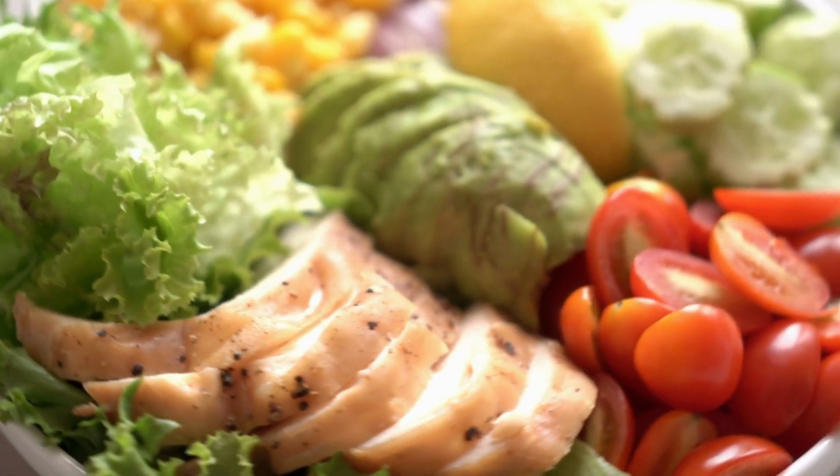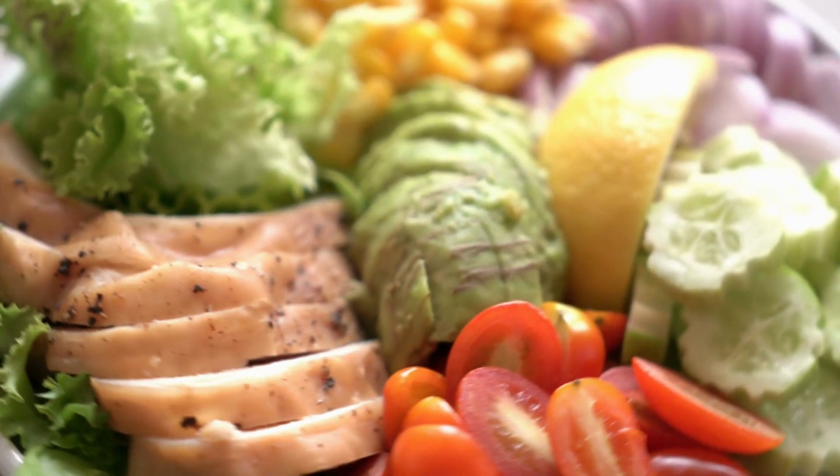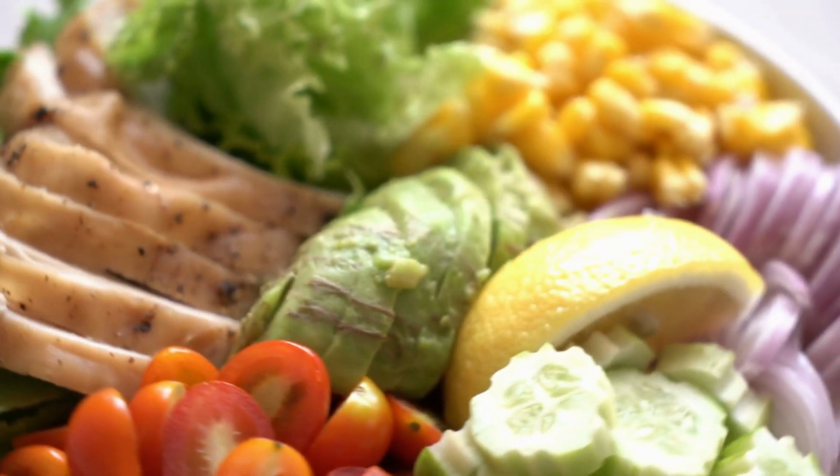There you have it, folks. These 12 delectable chicken salad recipes and creative ideas are a testament to the fact that eating well can be